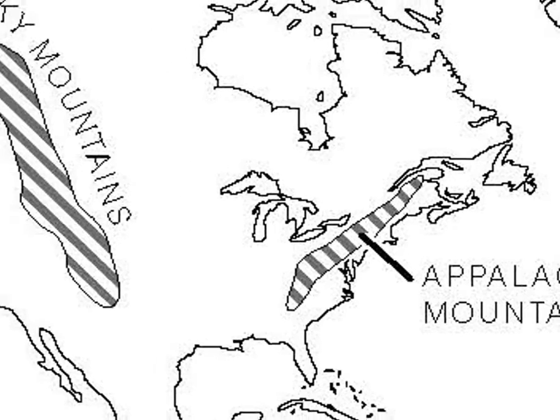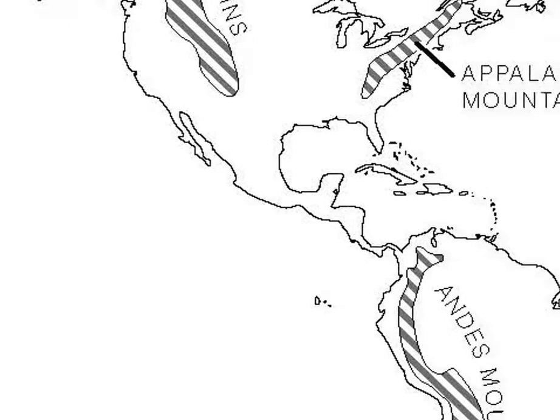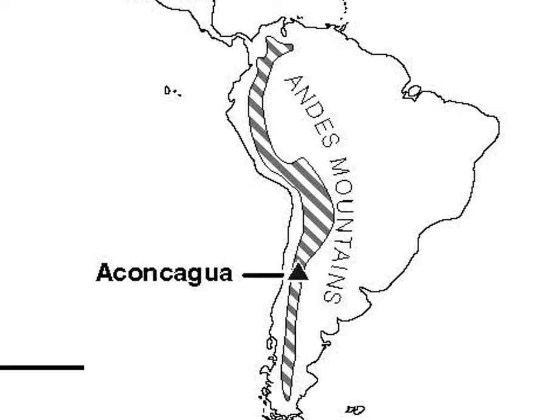The Pacific Mountain System stretches along the western coast of North America. It includes the Coastal Range, the Sierra Nevada of California, the Cascade Range of Oregon, and the Alaskan and Aleutian Ranges in Alaska. The Rocky Mountains extend through Mexico, the United States, and Canada. In South America, the Andes Mountains is the longest mountain range system in the world and stretches along the west